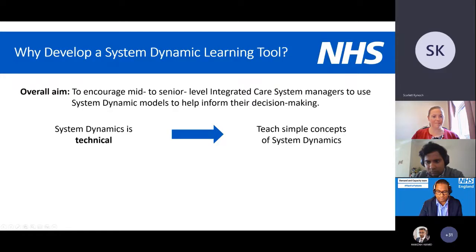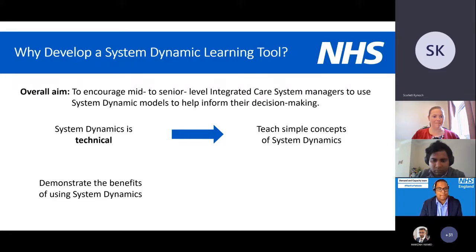So another thing is I really wanted to demonstrate the benefits of using system dynamics, especially in relation to the NHS. So I decided to achieve this by integrating an example of a system dynamics model into the tool, where essentially users will be able to coordinate 2 policies, and you'd have to try and hit 2 targets that are NHS based or have been recommended from the people, sorry. So by demonstrating this with an NHS applied example, I was hoping to effectively demonstrate how it